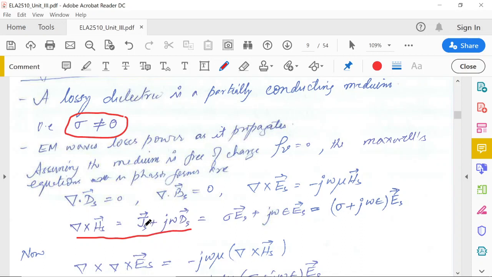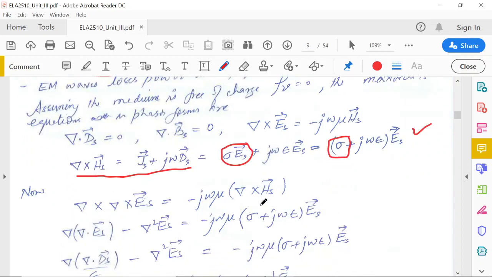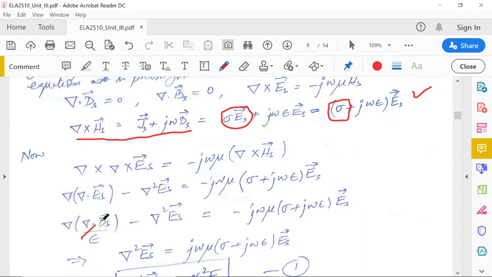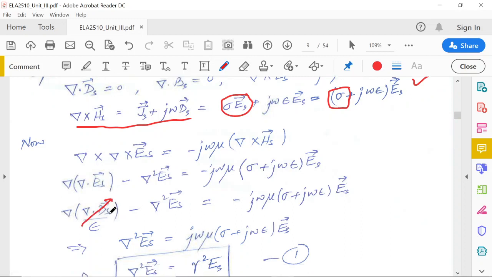When you simplify further, this conduction current density is simply sigma times the electric field. And here when you open Ds, it will become epsilon Es. So here you have this equation. All the remaining equations remain the same. Only this equation changes, and it incorporates the conductivity, sigma, here. Now again, to find the wave equation, we take the curl of this equation on both sides and proceed. This part will again become 0, since rho v dot Ds is 0.